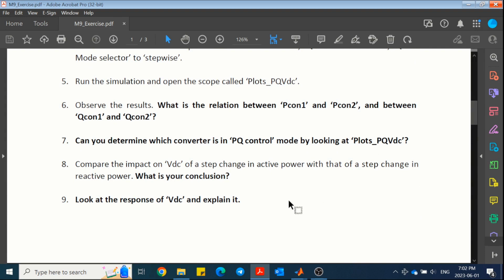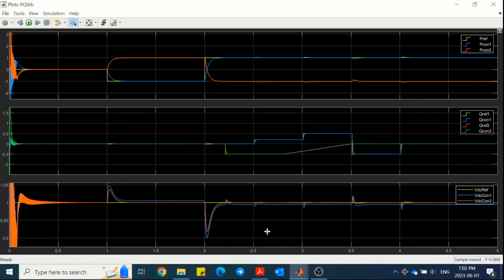Also, we can compare the impact of active and reactive power on the DC link. Apparently, the active power is related to the DC link because the DC link voltage is affected by the active power, which is stored in the DC link capacitor as a static energy. Here also we can see that when there is a step in active power, we see this transient on the